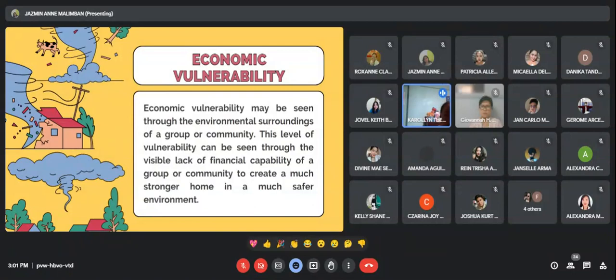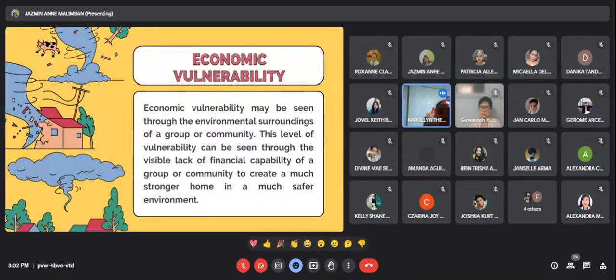So next we have naman po is the economic vulnerability. Ito naman po, ang sinabi po dito is the financial capability po of a person, na kung saan one of the example is that due to the lack of financial capability, nagli-lead po tayo na nagtatayo po yung mga tao ng mga bahay kung saan more prone to disaster, since siyempre po yung mga may kaya, they have the capability po to build their own homes in safe and secured subdivisions, na kung saan we can say that they may be less vulnerable, but due to the economic situation of a group or community, napupush po sila